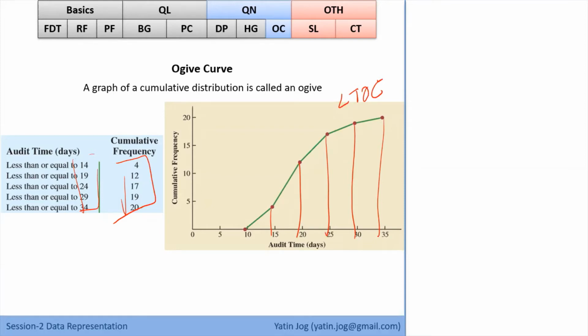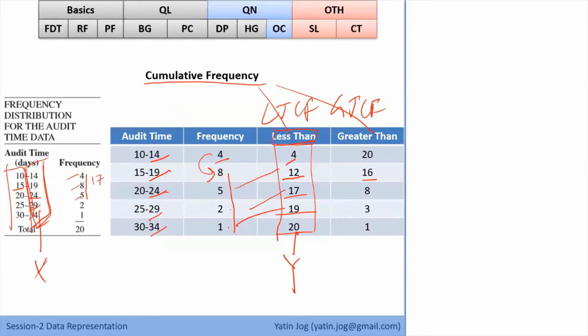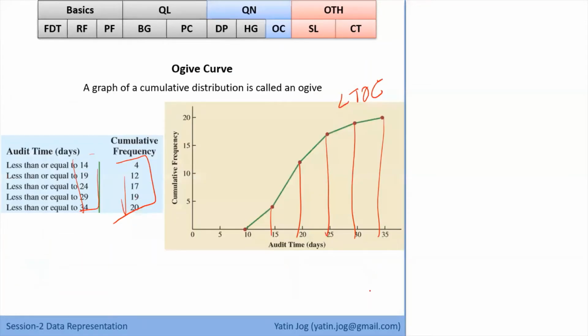Similarly, if you consider the lower limits as your x, and the greater than cumulative frequency values as y, and then draw a graph, what you will get is the greater than Ogive curve, which will be exactly opposite to this, something like this.